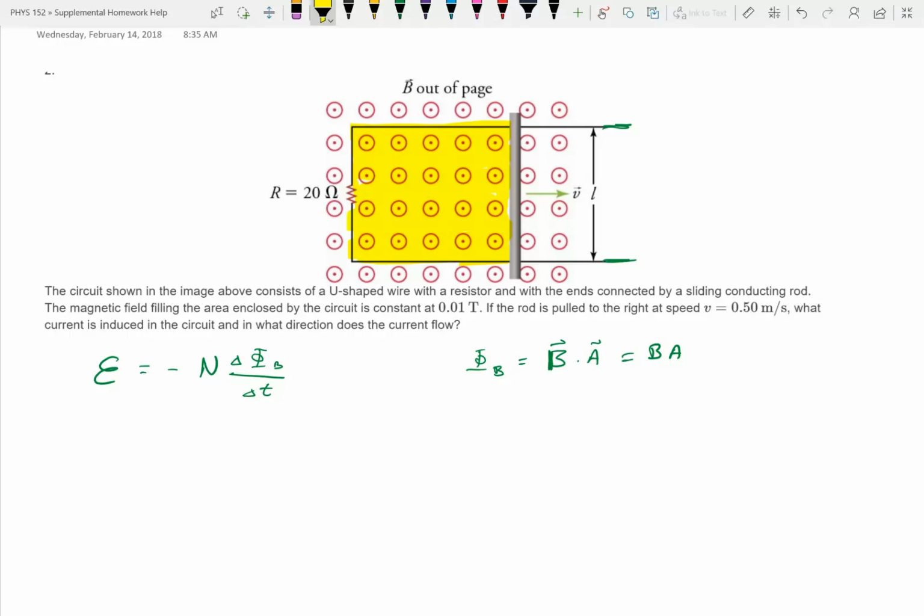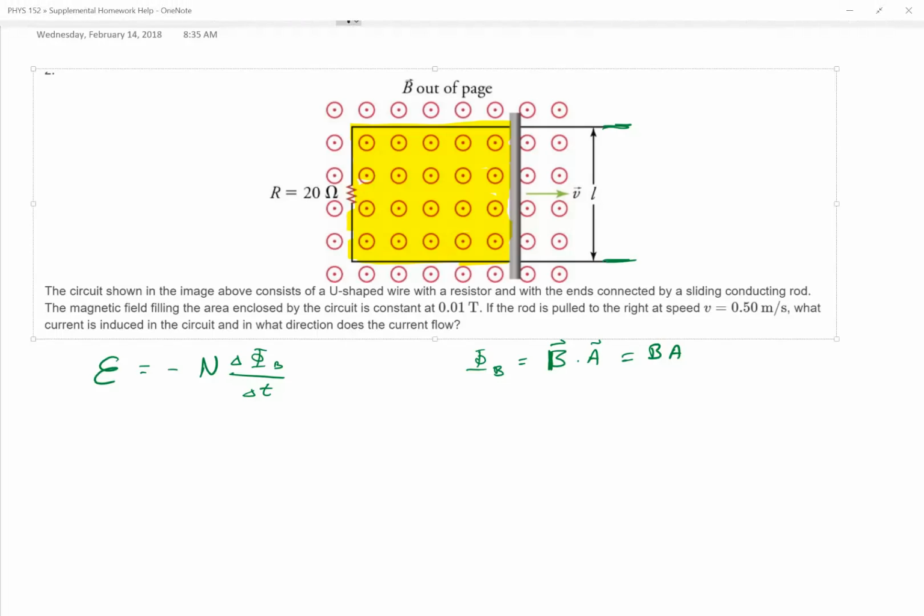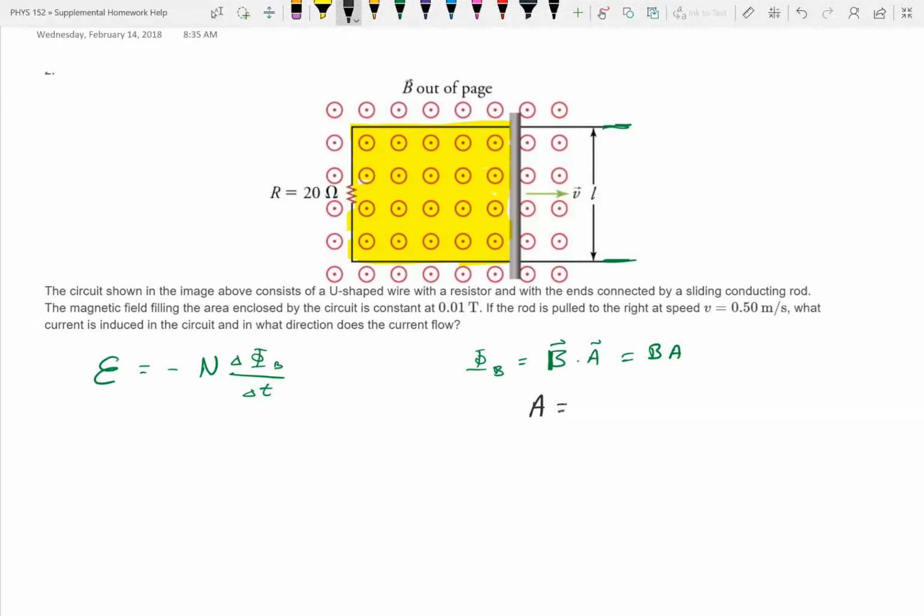So what's the name of the shape that I just drew? Rectangle. What's the equation for the area of a rectangle? Area is length times width. So what's the length of this? It's just given as L. What's the width? It would be W minus